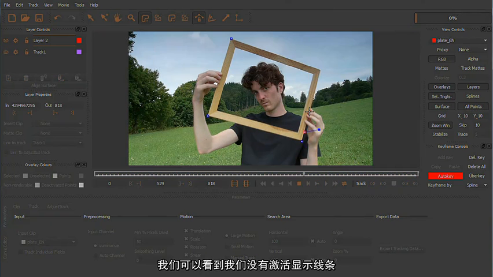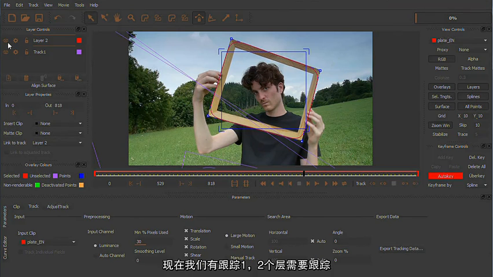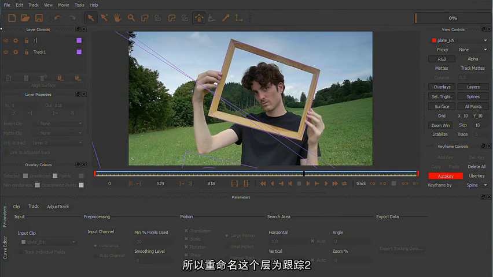Oh, you've seen we've deactivated the visibility of the splines. I right click to stop. So click here to see the splines. And you see that now we have track 1 and layer 2 is our new track. So I'm going to rename this to